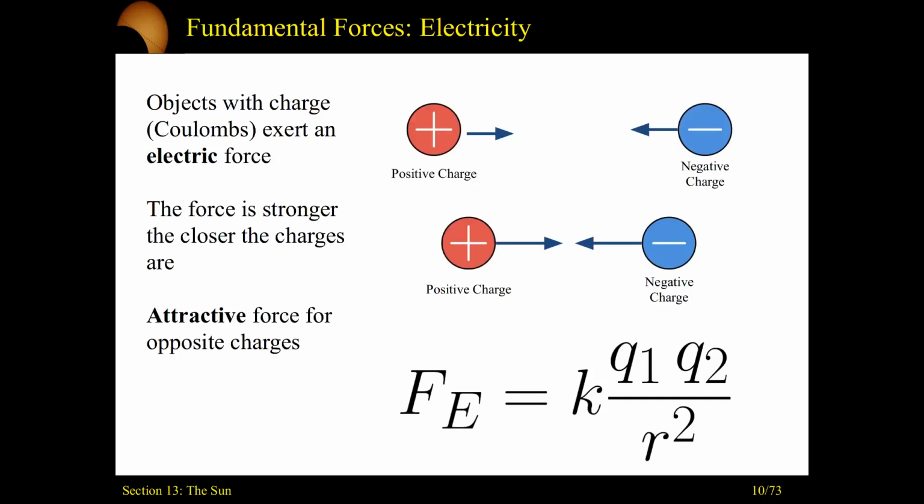Then we can switch to this electric force. And this is a property of objects that have charge. Every atom will have some mass and some charge with it. Proton will have a net positive charge, electron net negative. So the electric force is K, this Coulomb's constant. Don't worry, I'll give these values in a little bit. But we have Coulomb's constant, the charge of one object, the charge of the other, divided by the distance between